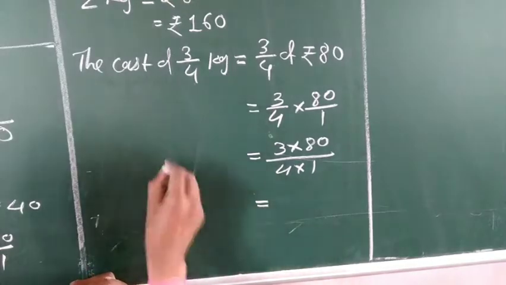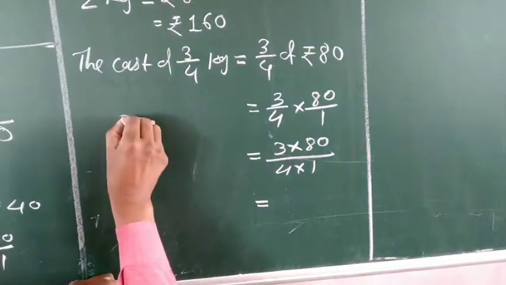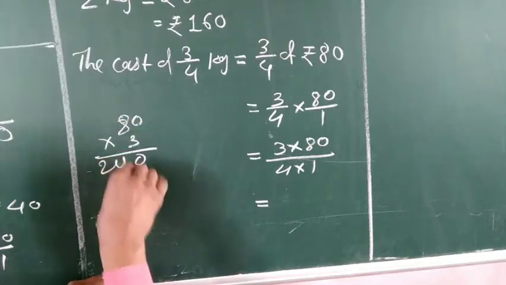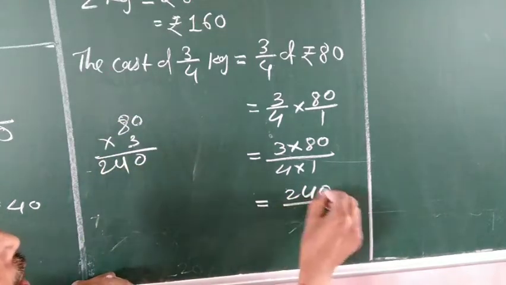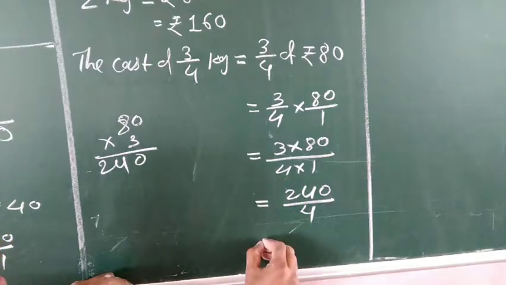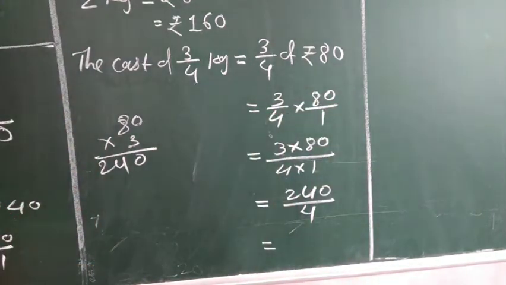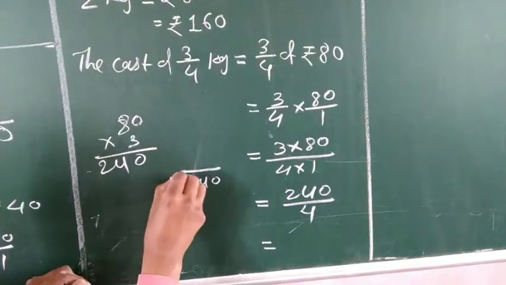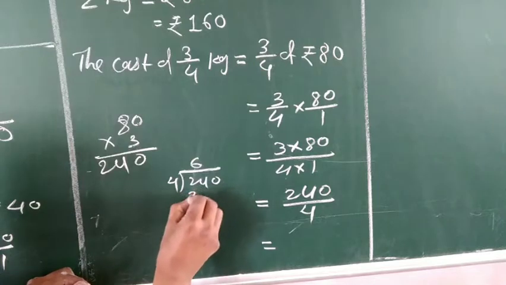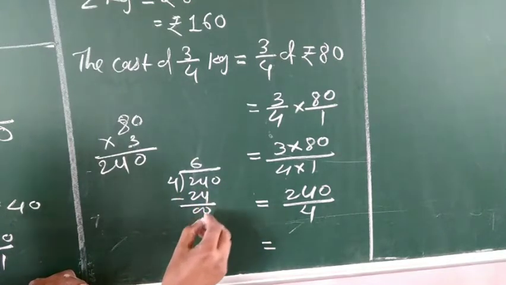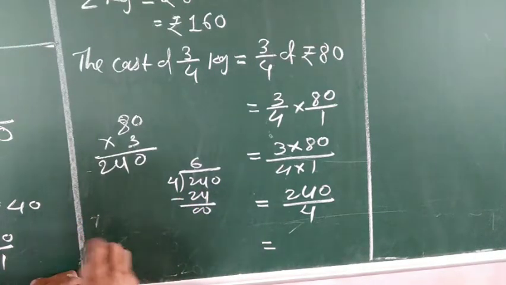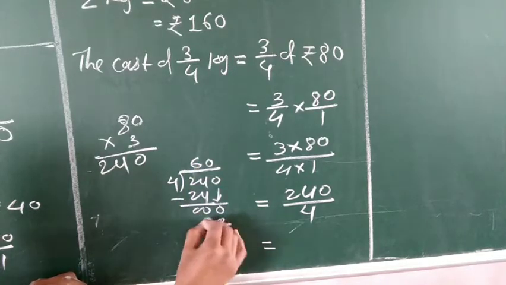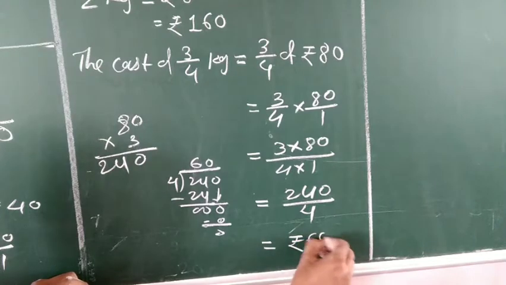तो see, 3 into 80 कैसे बेटा यहाँ पर 80 into 3 कीजिए. 0, 8 3s are 24. It is 240 and then 4. 4 ones are 4. Now we have to divide here again. It is 240 by 4 से divide करते हैं. आइए 4 6s are 24, 0, and see this 0, 4 zeros are 0. It is rupees 60.